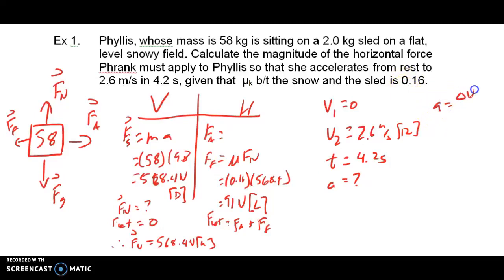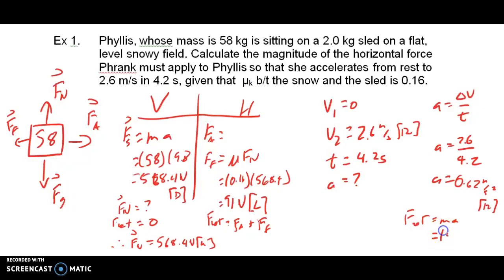So A is equal to change in V over T. So if we plug that in, we see that the acceleration is equal to 0.62 meters per second squared to the right. Now if we know the acceleration, then if we plug it into F net is equal to ma, we can therefore figure out that since she's 58 kilograms and 0.62, that her force has to be 35.9